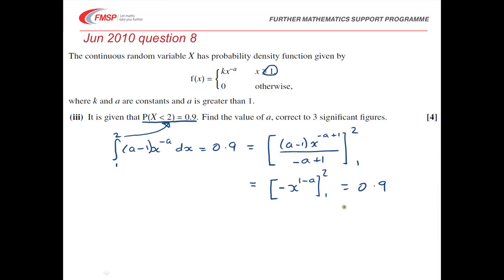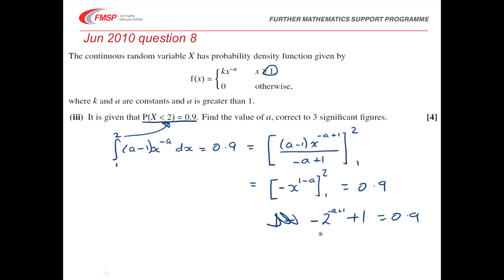So putting numbers into this, if I put 1 in for my value of x, that's going to give me 1. And if I put 2 in for my value of x, that's going to give me... so I put my top limit in, let's do that again, I'll do it the right way around. That's going to give me minus 2 to the power of a minus a plus 1, you'll see why I've written it like that again in a minute, minus 1, and again I know that's equal to